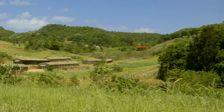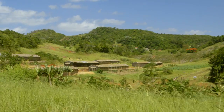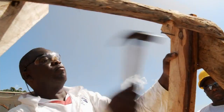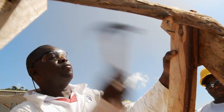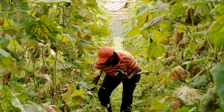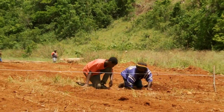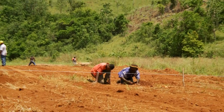So our Noranda team focused on ways to make the greenhouse solution an effective one for the farmers. From the beginning, I know it would have been a good thing for Noranda because we were looking at sustainability and we wanted to find out how we assist farmers to improve their standard of living. So for us at the time, Noranda, we were very confident that this idea, put into a project, the farmers